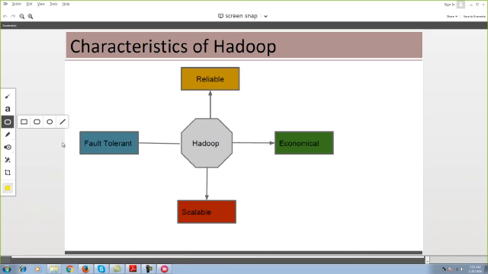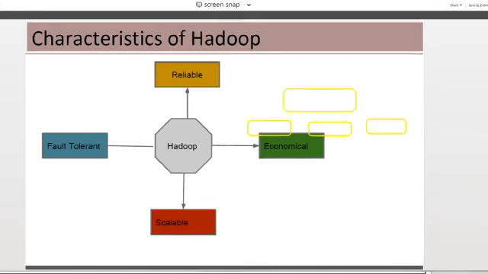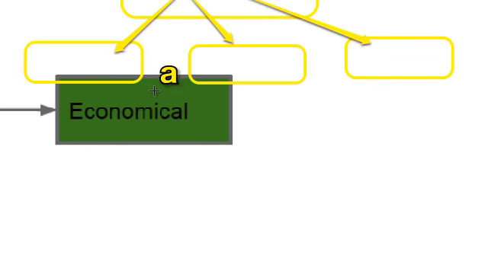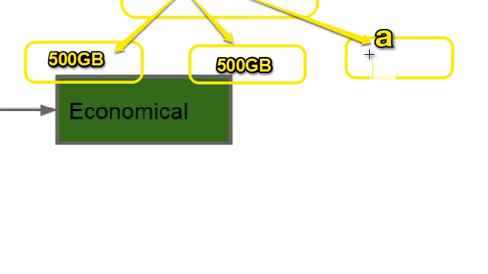As the very first thing we have seen, this is my name node and these are multiple data nodes, and the name node will have the information about what file is available here and so on. Say I have a very huge file, and the storage capacity of each of these machines is 500 GB, again this is 500 GB, and this is again